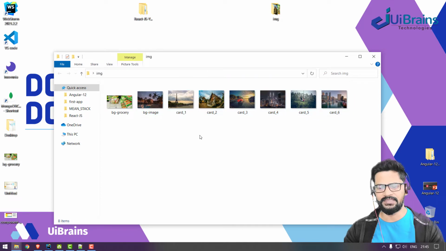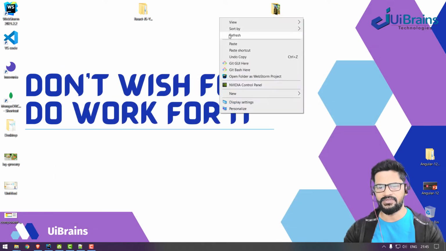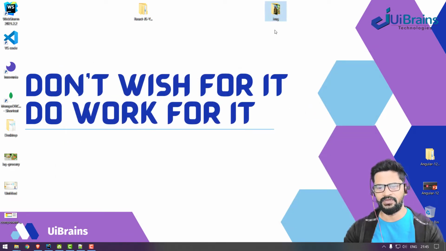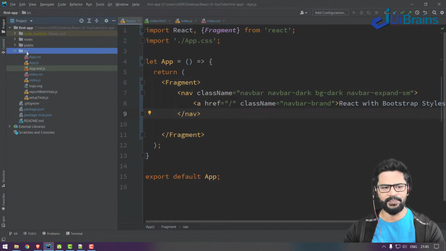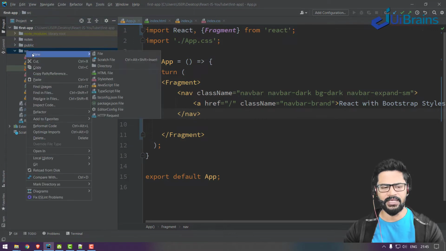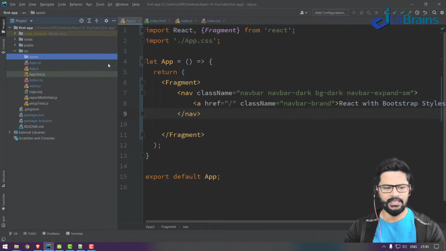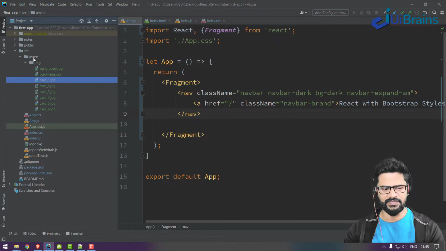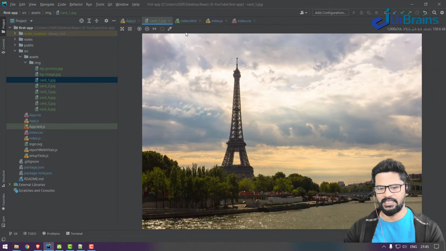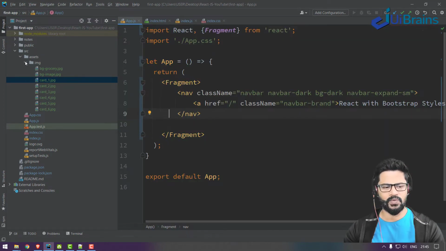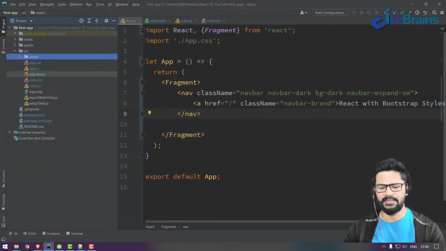So let me use these images in my application. How do I use these images, and where can I paste them? You just copy the image folder into src. In src you have to keep those images in a folder named assets. Generally people create an assets folder. So on src, right click, new directory called assets. In the assets I will paste my image folder, which contains all the images, so I can start using these images in my application.